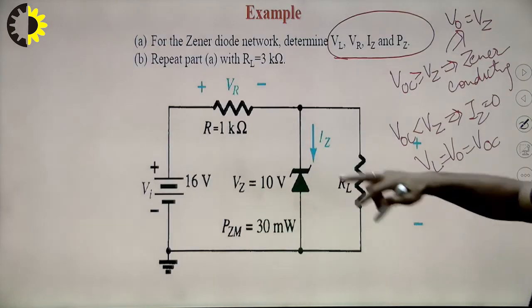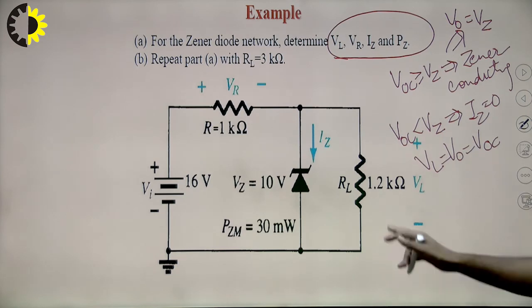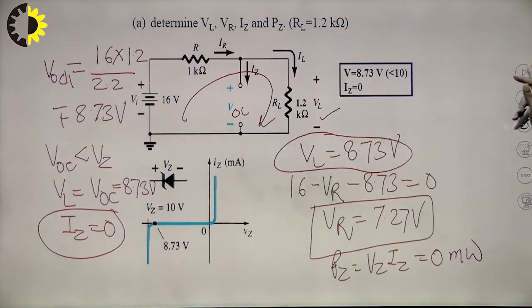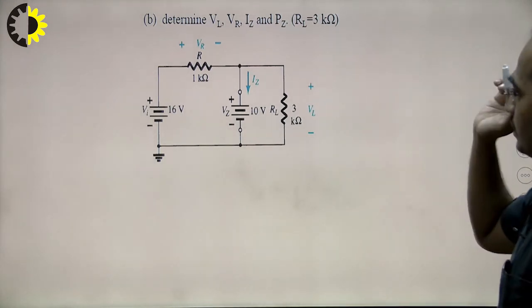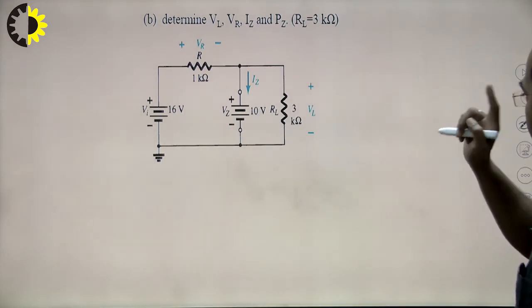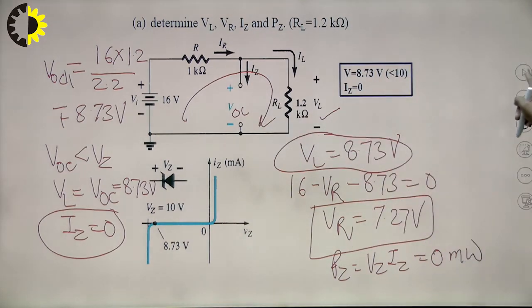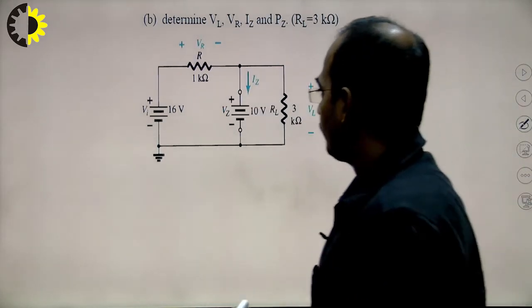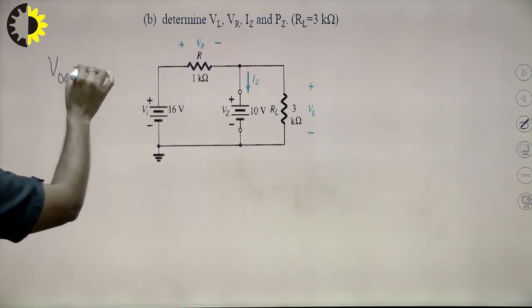Now come to the second step. It's saying that if I replace this diode by a 3 kilo ohm resistance, then what will happen? If I replace this diode by a 3 kilo ohm resistance, then we have to find again this open circuit voltage. When I find this open circuit voltage, what will I get? VOC is equal to